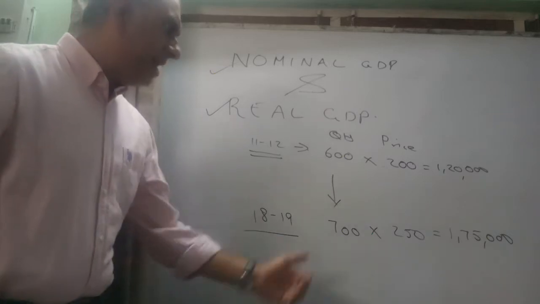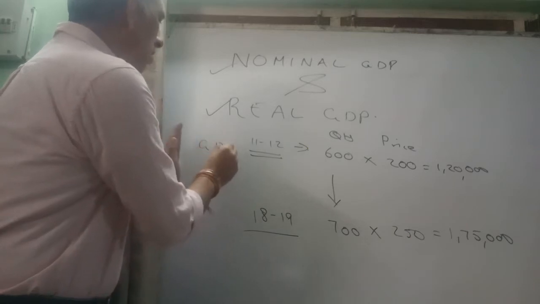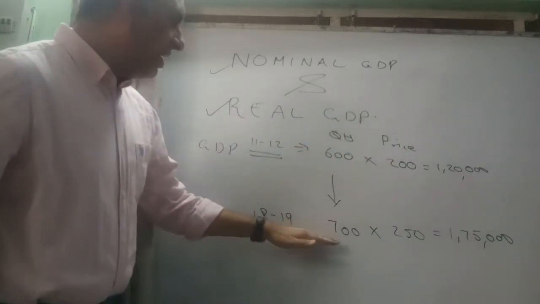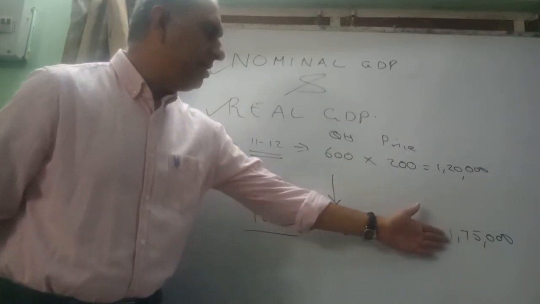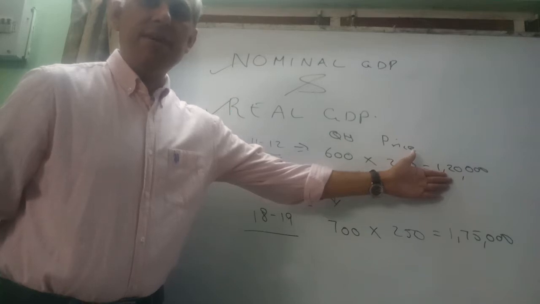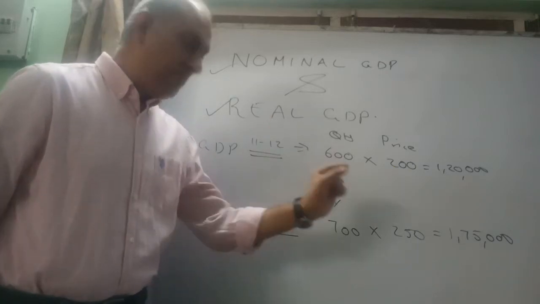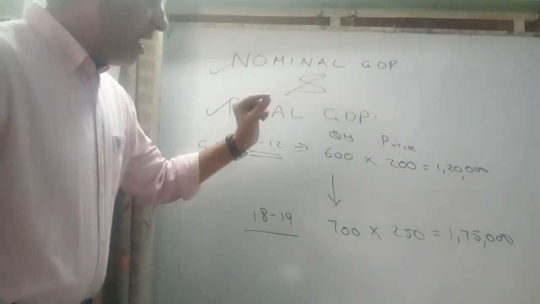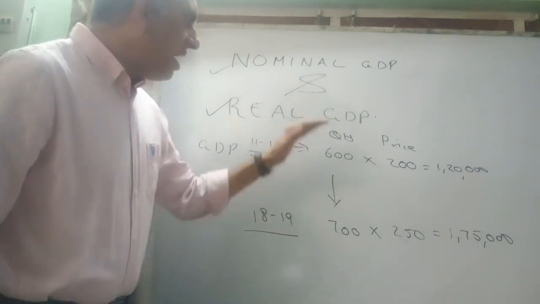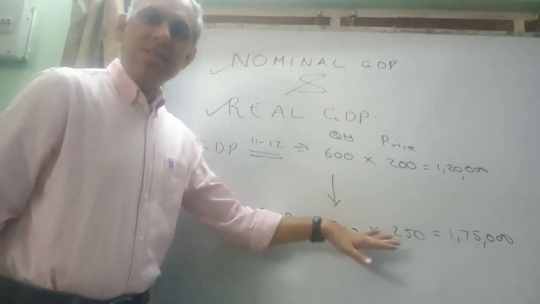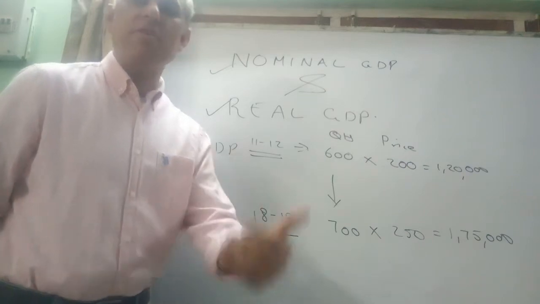Now, if we compare the GDP, which in simplified terms is quantity with price, of 18-19 with 11-12, we will definitely say that we have shown a remarkable improvement of 55,000 when compared with 1,20,000 of last year. But then we tend to forget, students. That's where the catch is. Our real growth is always valued if quantity increases. A price increase in itself may lead to an illusory answer which may not be correct.